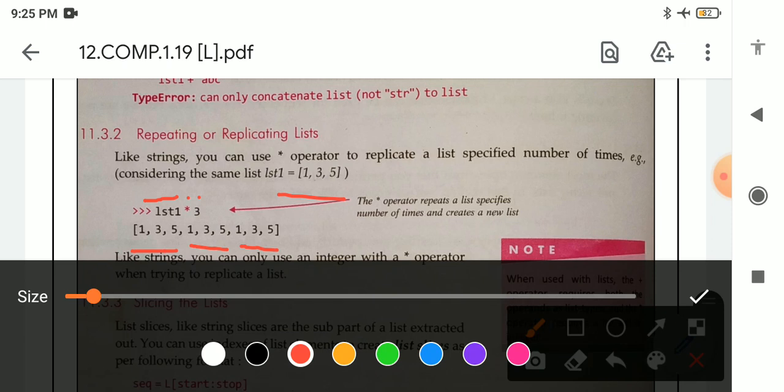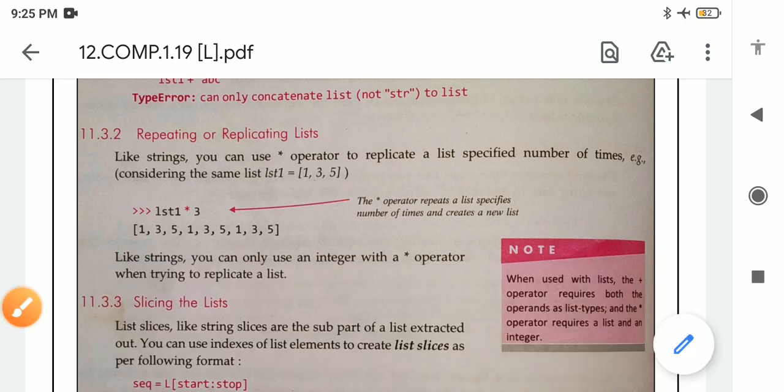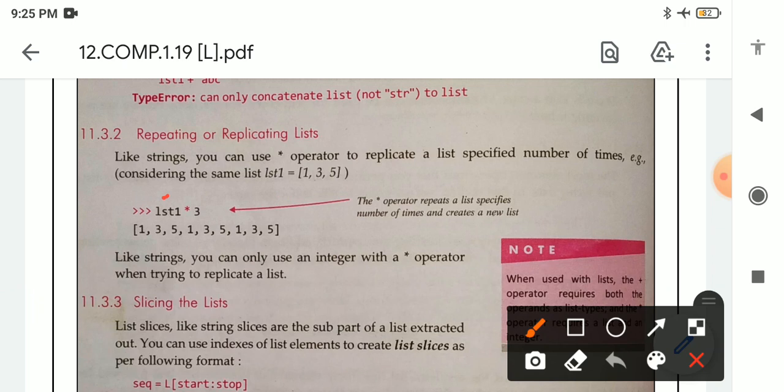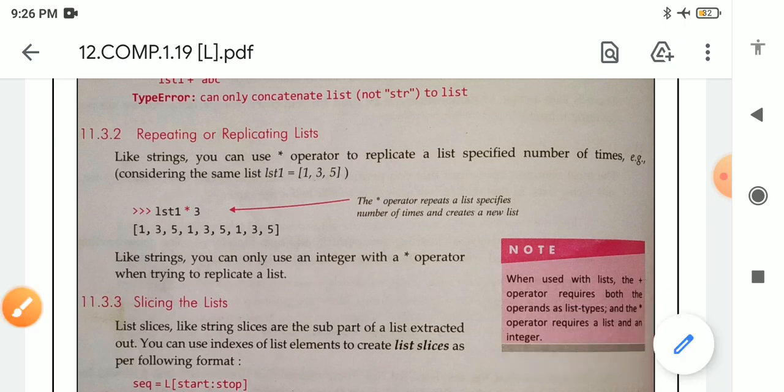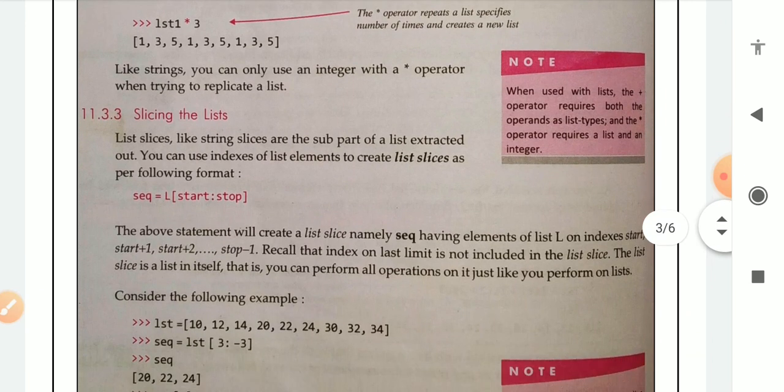So this is the syntax: we write the list name, after that the asterisk symbol, and then the number of times we want to replicate. Like strings, you can also use an integer with an asterisk operator when trying to replicate a list.